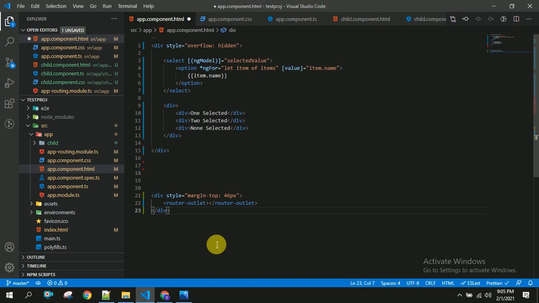Now let us save this and check whether we are able to append this value to the drop down and we are able to get these values in our browser or not. So you can see here we have got the drop down and we have got the three text, one selected, two selected and none selected.